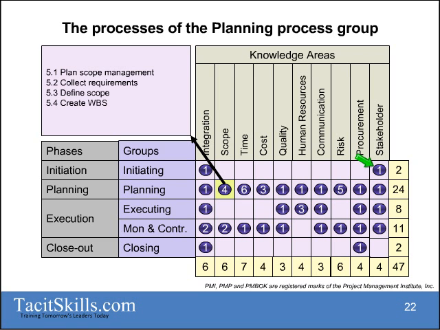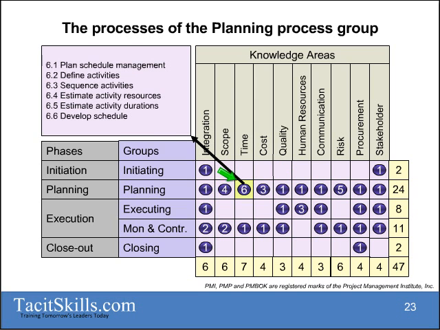If we have now determined what is our scope, what is included and what is excluded, the next thing that we need to do is we need to determine how long it is going to take us. Now, one of the principles of this model that the PMBOK guide uses is that it's a waterfall model. So it works from the assumption that first of all, we will and we can determine the total scope of the project. From there, we can determine how long it's going to take us. Then with that information, we can determine how much it's going to cost us, and then we can do all